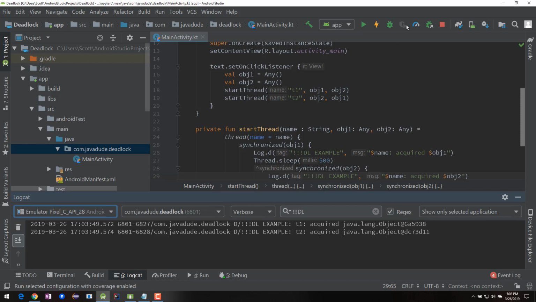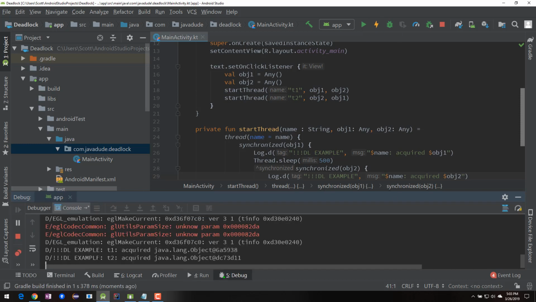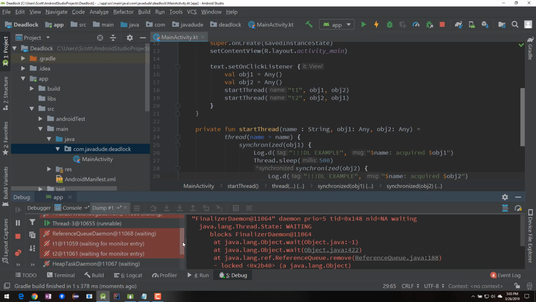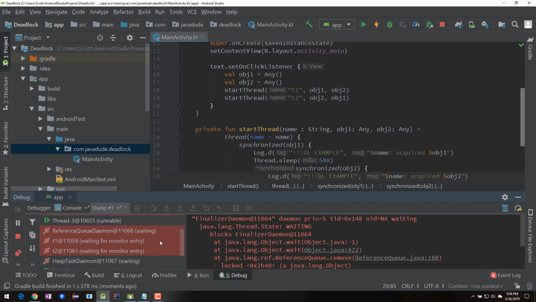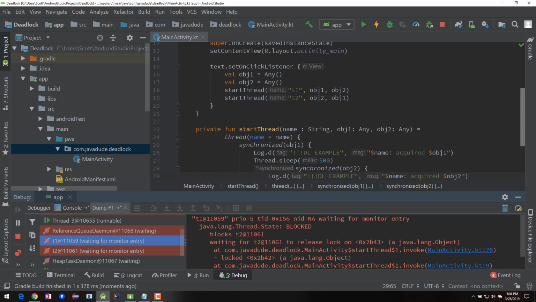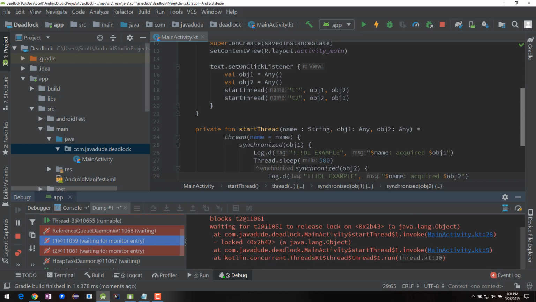I've gotten to my lock. Let's go to my debug tab and take a snapshot. And now we'll see over here those little names appear. Now this is really useful if you're starting your own threads to give them a name so that they'll actually show up. And so now we can take a look here and we'll see that it's waiting for T2 at